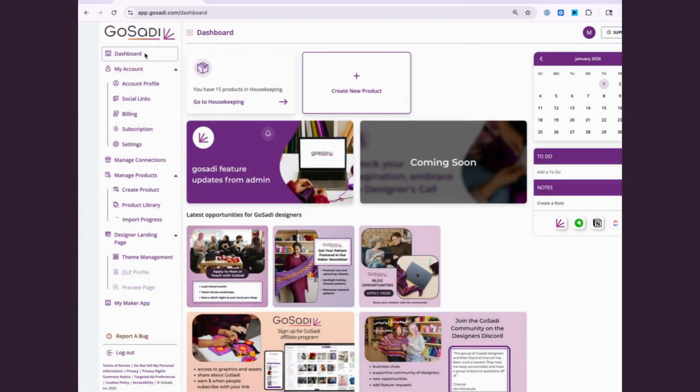Your dashboard is where you will see all of the quick hits. When you log in, this is the screen you land on. You'll see any opportunities that GoSadi is able to present its designers. This could include opportunities to teach or host an event at a local yarn shop or a stitch night or a virtual event. We feature designers' patterns in our newsletter, and so you can submit your patterns as many times